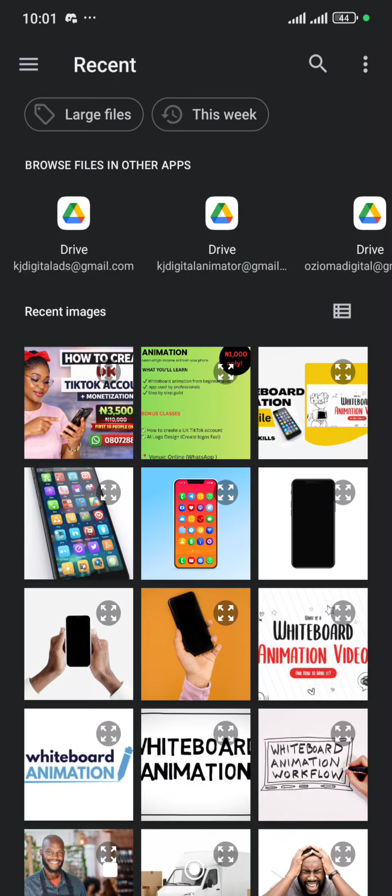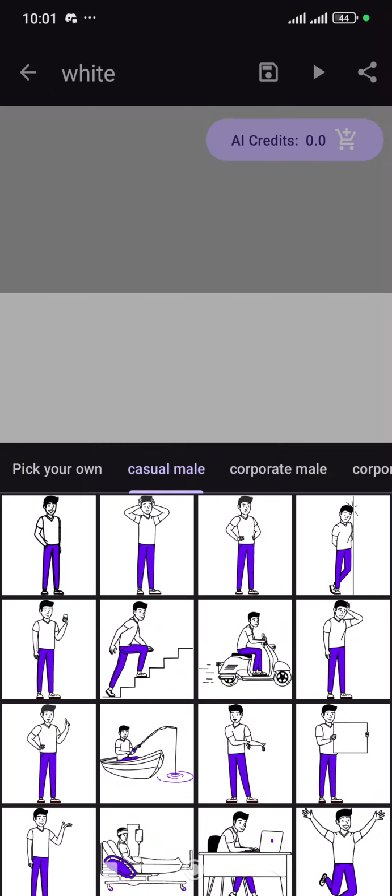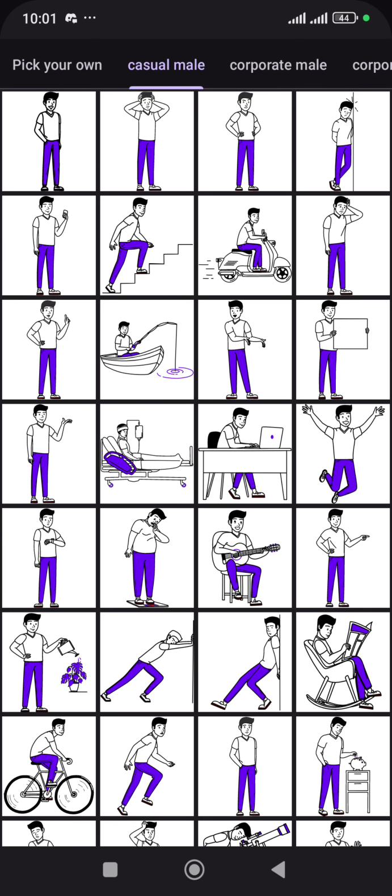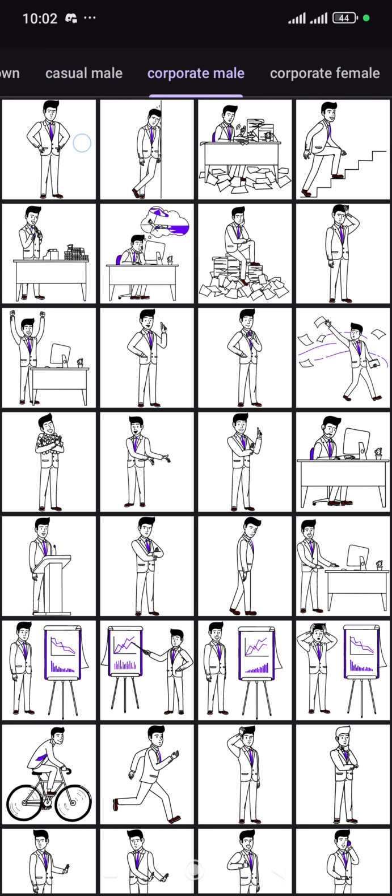I can pick any image from my gallery here. Then casual, if you go through, you see that they have several elements that you can select from. So casual meals, corporate meals. So just go through it. You see